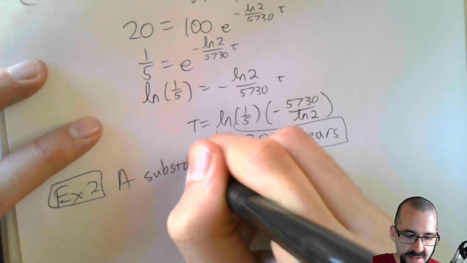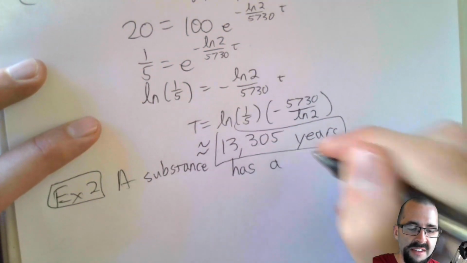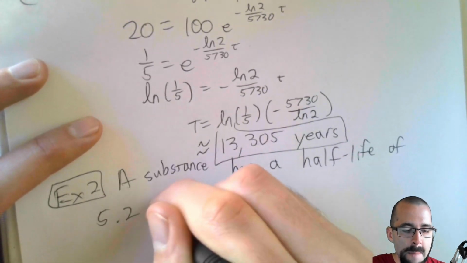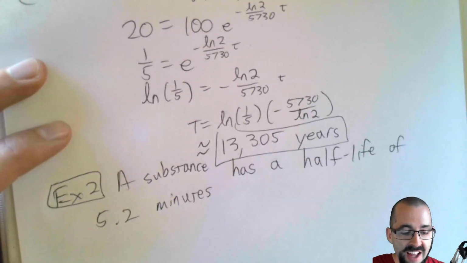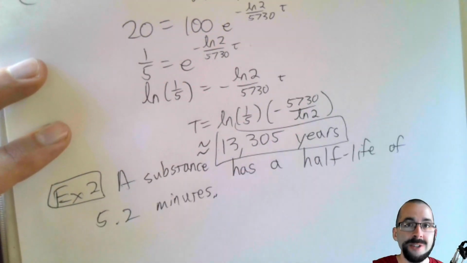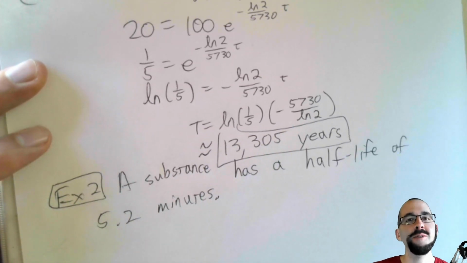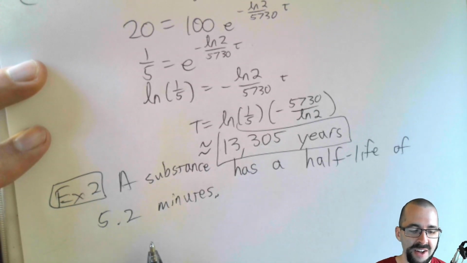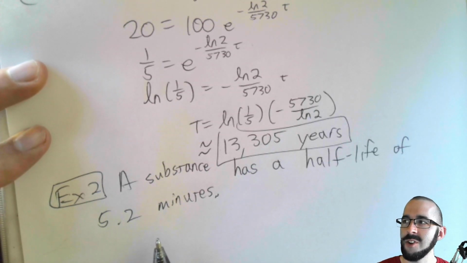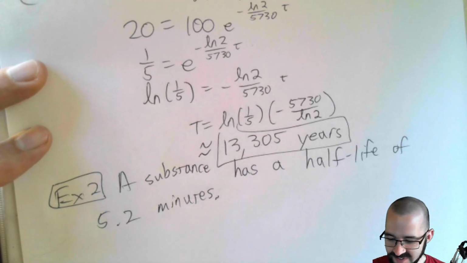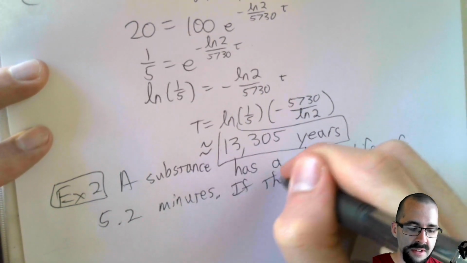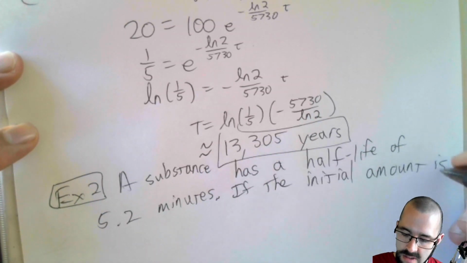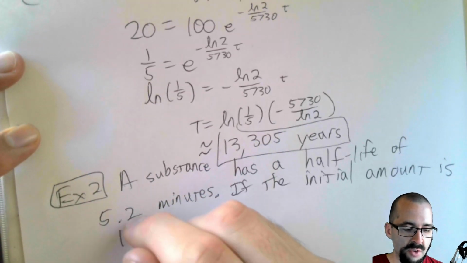A substance has a half-life of 5.2 minutes. So the half-life for this substance, by the way, is a little bit shorter than the half-life of carbon-14. Carbon-14 took 5,730 years to decay half of it. This one, half of it goes away in 5.2 minutes. All right. So if the initial amount is 112.5 grams,